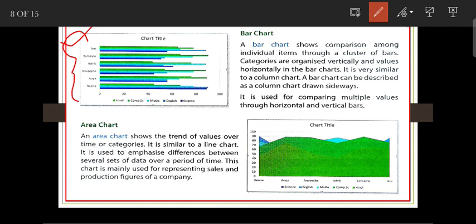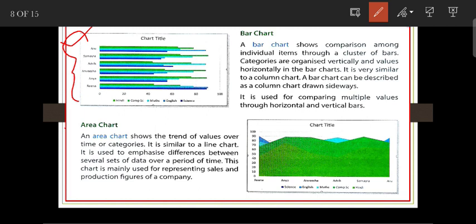In our previous chart, the categories were organized horizontally, but in the bar chart the categories are represented vertically. It is very similar to a column chart. A bar chart can be described as a column chart drawn sideways. It is used for comparing multiple values through horizontal and vertical bars.